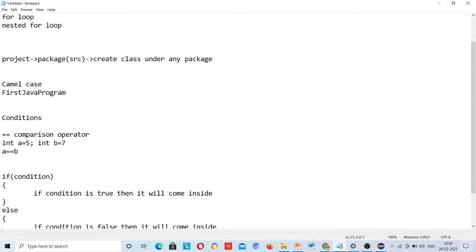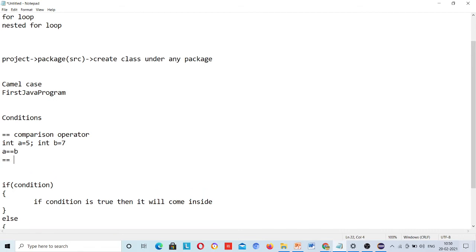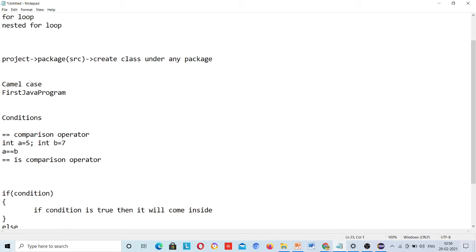No, false, because a is not equal to b, because a is 5 and b is 7. So this is the comparison operator. Double equals to is the comparison operator. And if you are going to use double and, this is the AND operator.